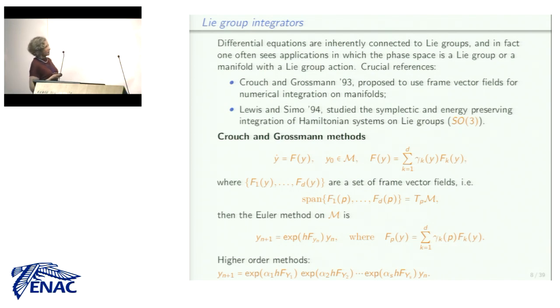So the thing is a little bit complicated. It's complicated in various ways because now the order analysis for these methods is not trivial at all. It's quite cumbersome, and also the implementation can be quite complicated, because it can be quite costly to compute all these exponentials. Okay, an alternative approach